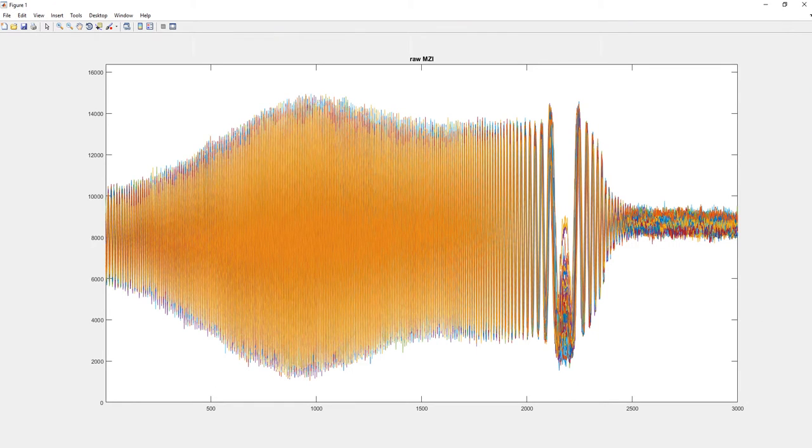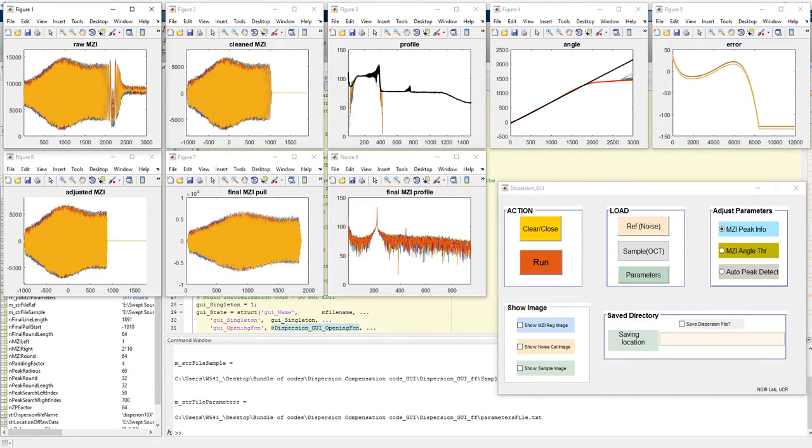This is the raw MGI file, and we can see this kind of interference data. The usual data is up to 2000 points, because when the wavelength laser source is sweeping from low wavelength to high wavelength, we are acquiring data for 50% of the time, and for the other 50% of the time the laser wavelength comes back to the initial point. So basically the usable points are 50% of the data. Now if we clean our data,